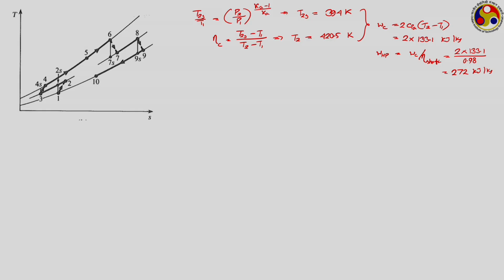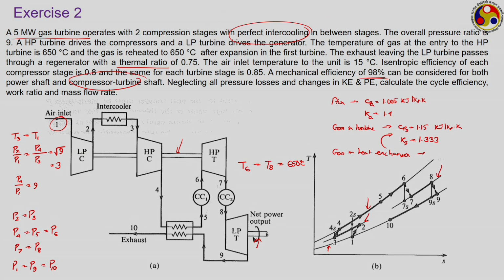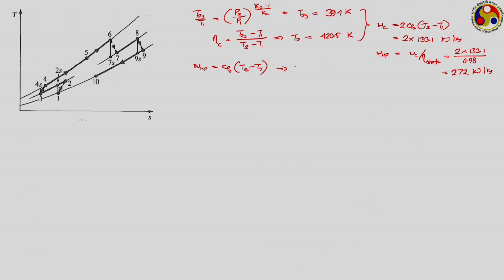Look at the process 6 to 7, which is happening in the HP turbine. There we can easily write W_HP turbine should be equal to Cp gas into (T6 minus T7). T6 is given because it is given to be 650 degree Celsius. So, if you put the values, then you will be getting T7 to be equal to